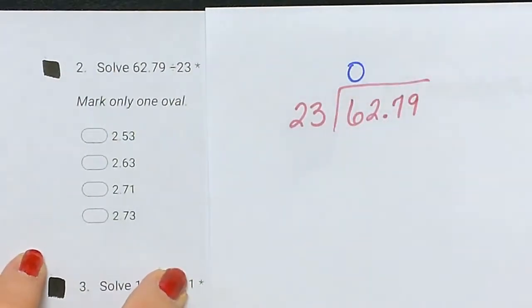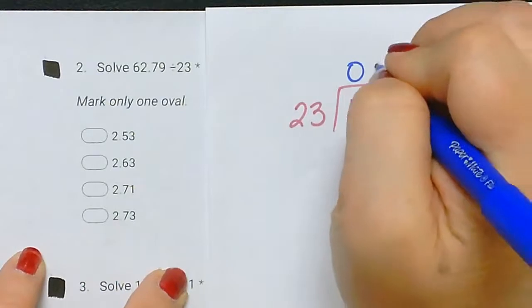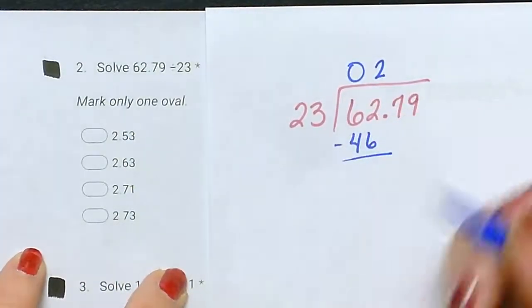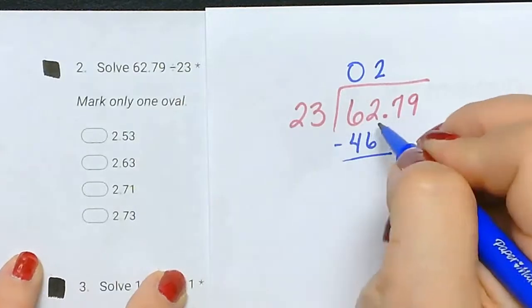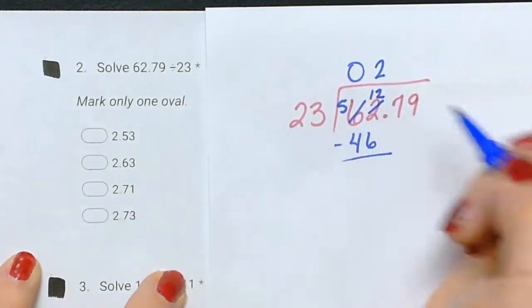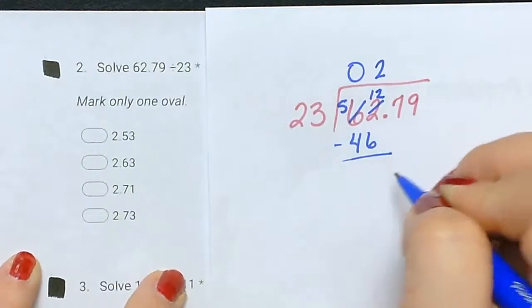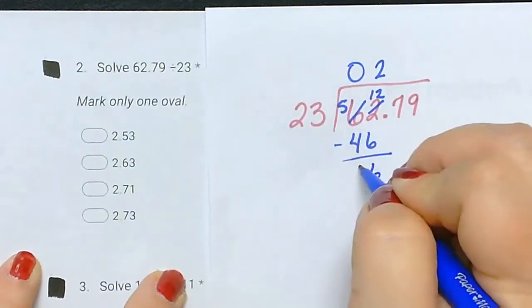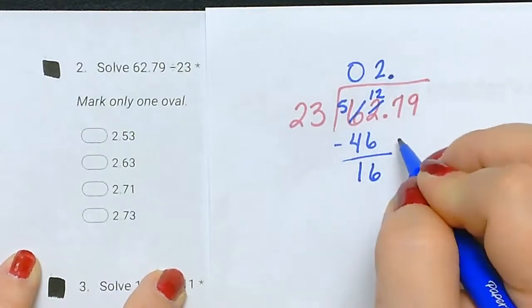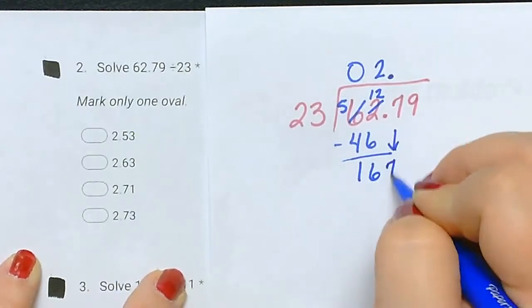Now I have 23 divided into 62, which would be 2 times. 2 times 23 is 46. When you subtract, you've got to make sure you borrow. You can't subtract 2 minus 6, so that becomes a 5, and that becomes a 12. 12 minus 6 is 6, and 5 minus 4 is 1. I'm going to put my decimal point up here so I don't forget it, and now I bring down my